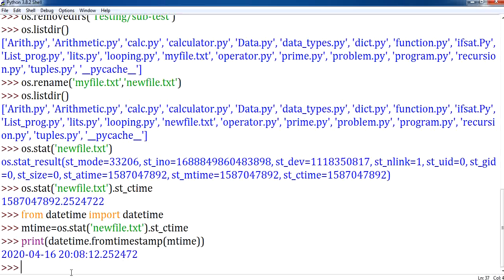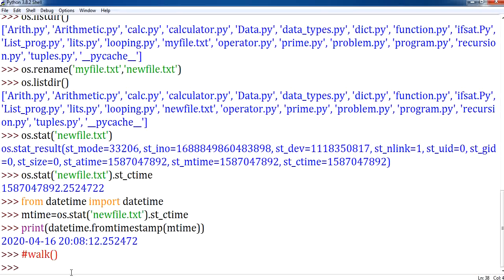And next, we will go with the method called walk. This walk is a generator which gives you information about your file. This walk method gives you a tuple of values, which gives 3 values: your directory path, which directory you are working in right now, followed by the directories and files inside your directory. This information can be given by using this walk method. We will be seeing about generators in a forthcoming session. Now let us go ahead with the implementation of this walk method.